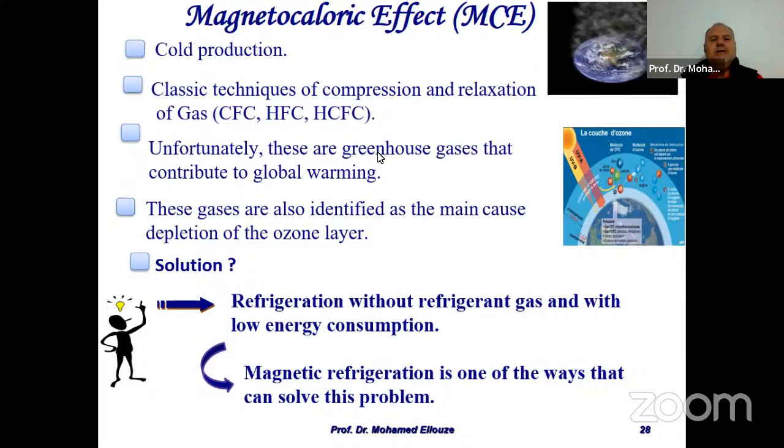These are greenhouse gases that contribute to global warming. These gases are also identified as the main cause of the depletion of the ozone layer. From this, we have a solution: refrigeration without refrigerant gas and with low